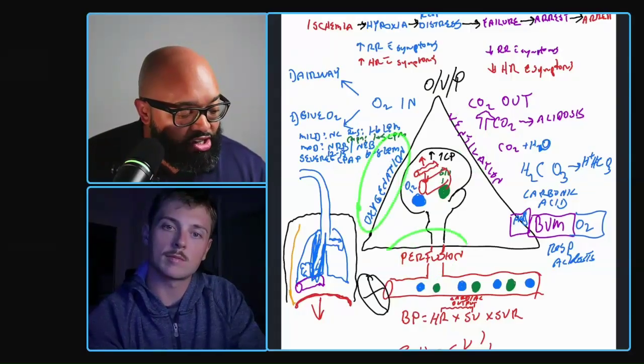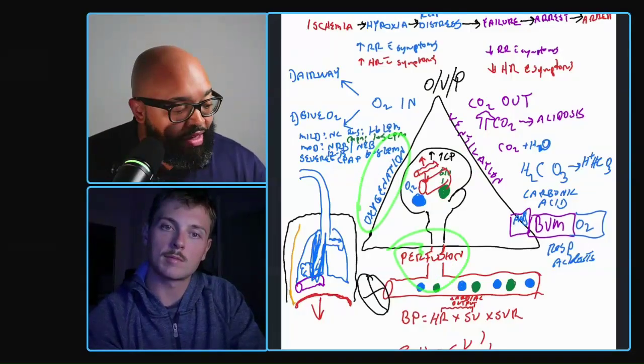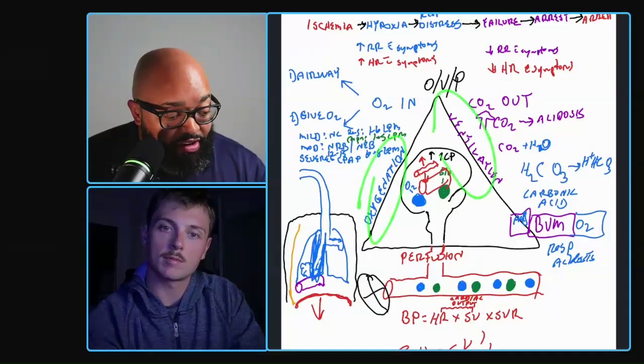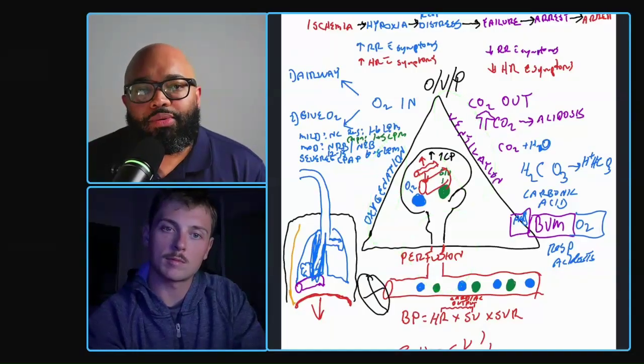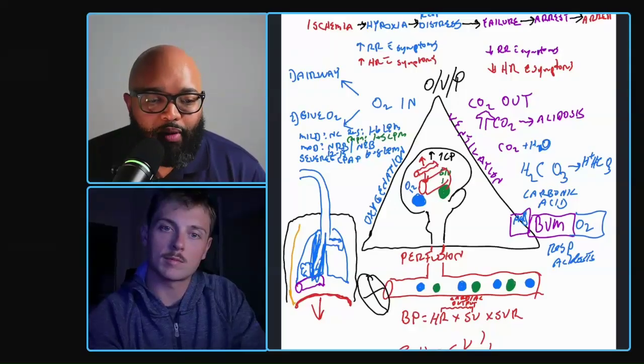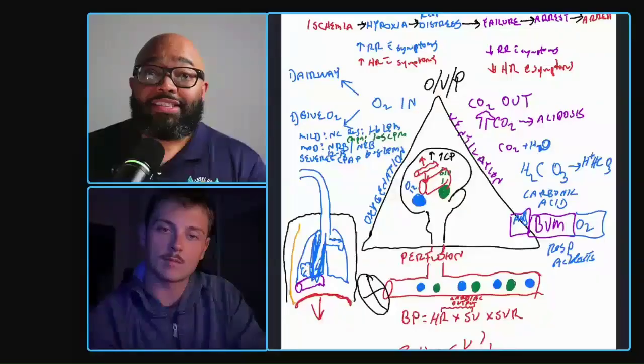They may have an oxygenation and a perfusion problem, or an oxygenation and a ventilation problem, or a ventilation and a perfusion problem, or oxygenation, ventilation, and perfusion. So what do I do when they have multiple problems at the same time? I figure out which one of these problems kills this patient in the next minute. And I fix that.